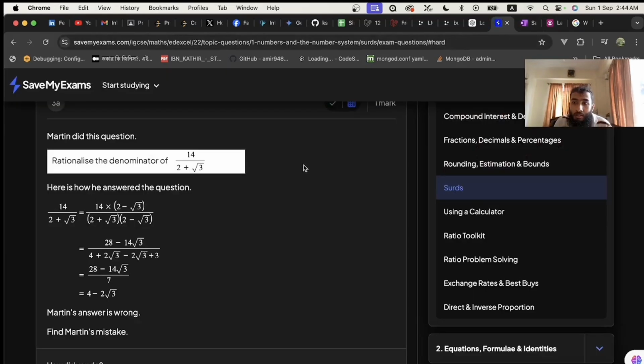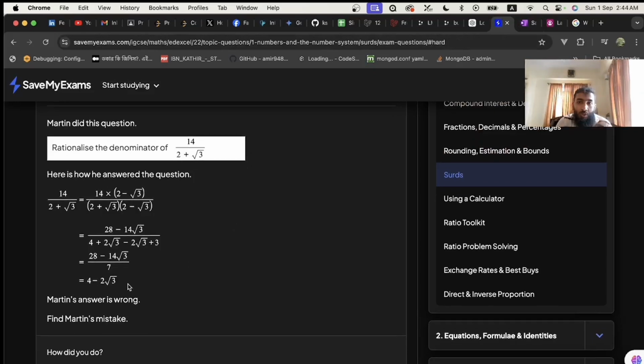So Martin got 4 minus 2 root 3. So where did he go wrong? As you can see, this is how he tried to answer the question. He multiplied 2 minus root 3 with both the denominator part and the numerator part. The numerator part is okay, which is 28 minus 14 root 3, but the denominator part is what? He tried to multiply it